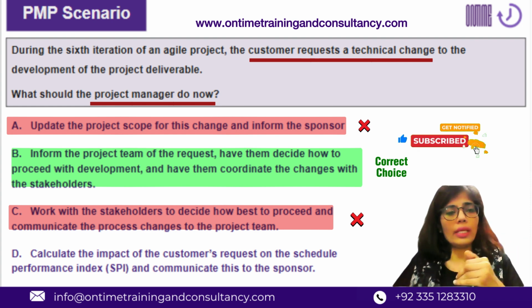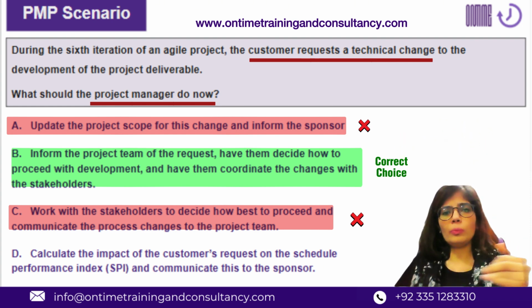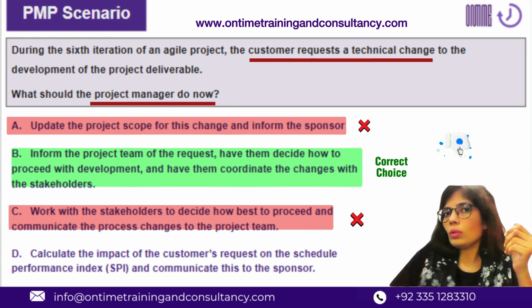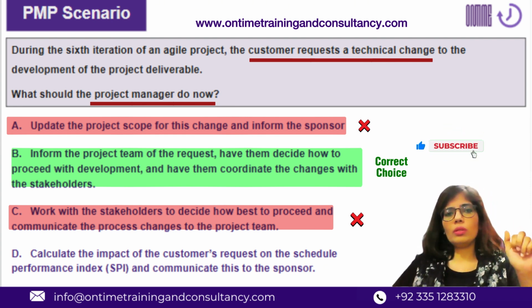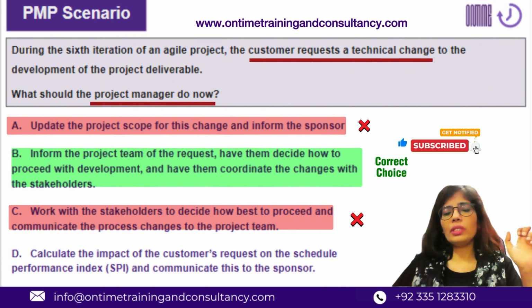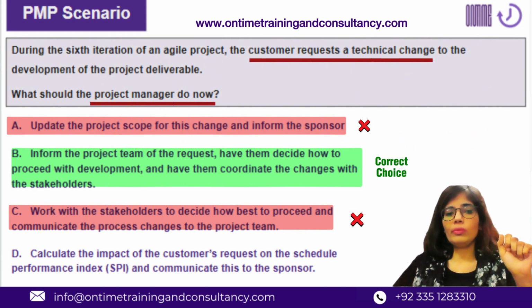For the same reason, stakeholders, like I said, there could be possible choices for a stakeholder, but stakeholders in any capacity, it could be sponsor, it could be project manager, it could be scrum master, it could be functional managers, it could be senior management, it could be head of the department, it could be any stakeholder. They alone, or they as a group even, can't decide by removing the project team or the development team from the picture. No, never.